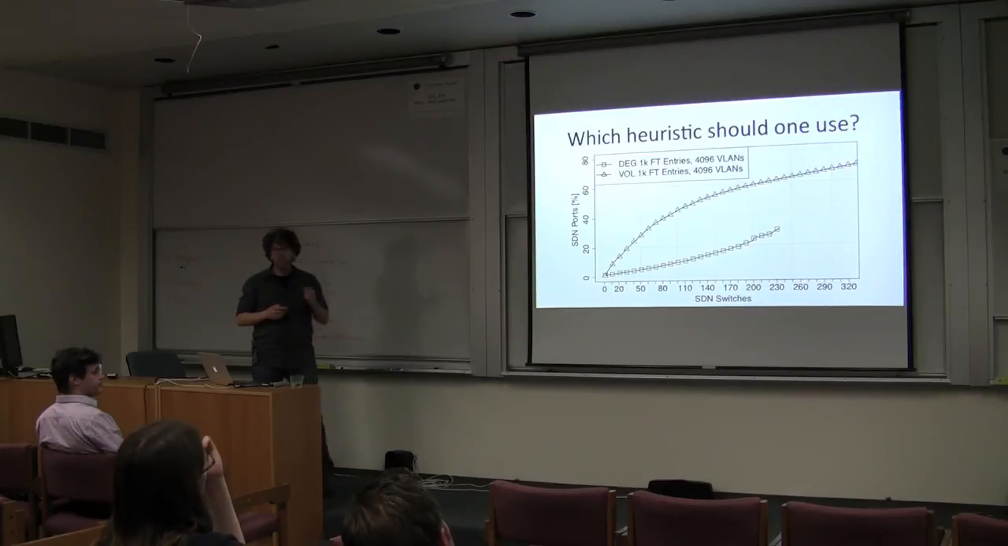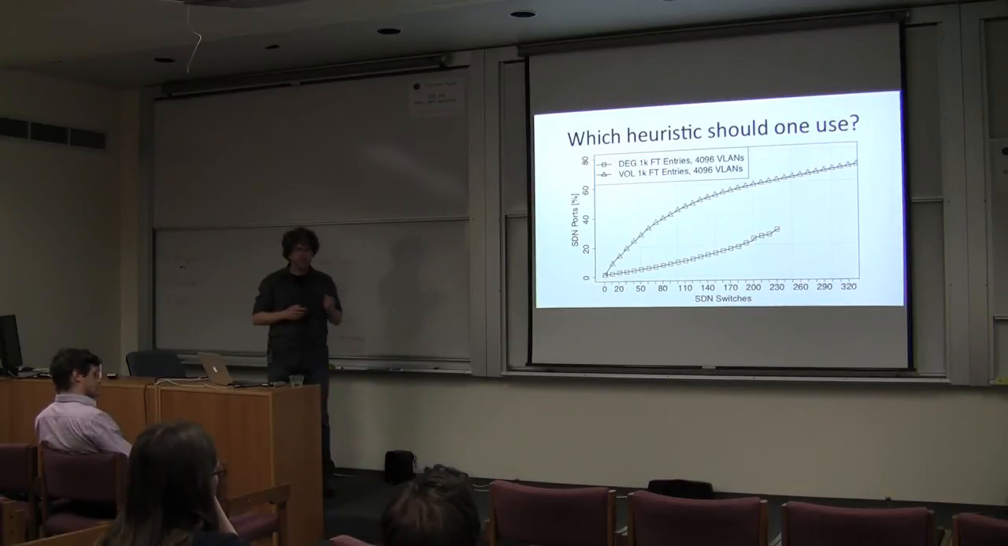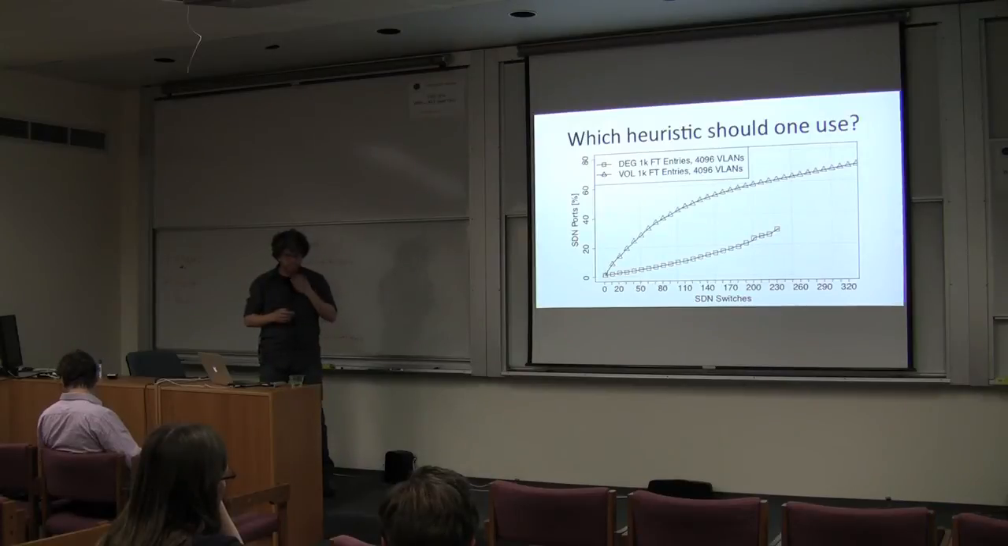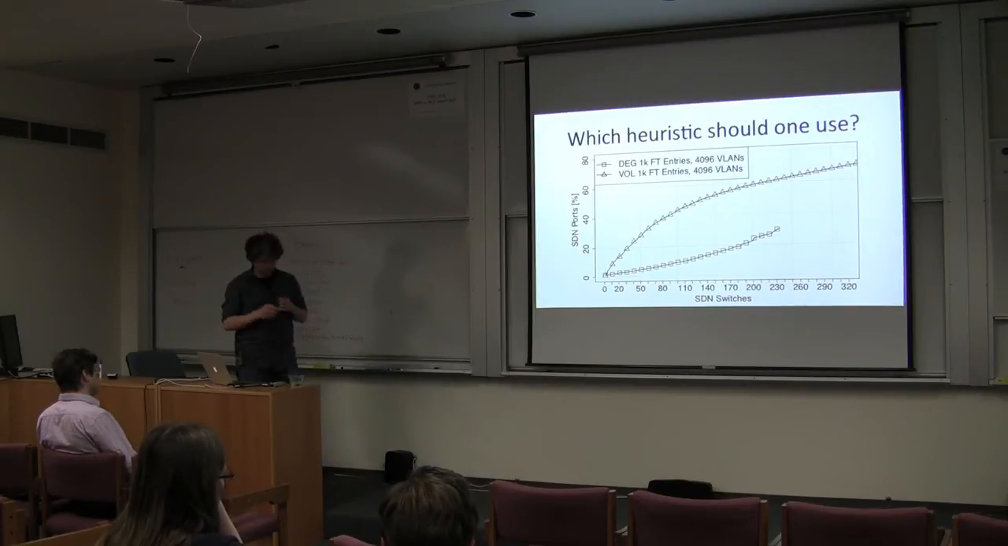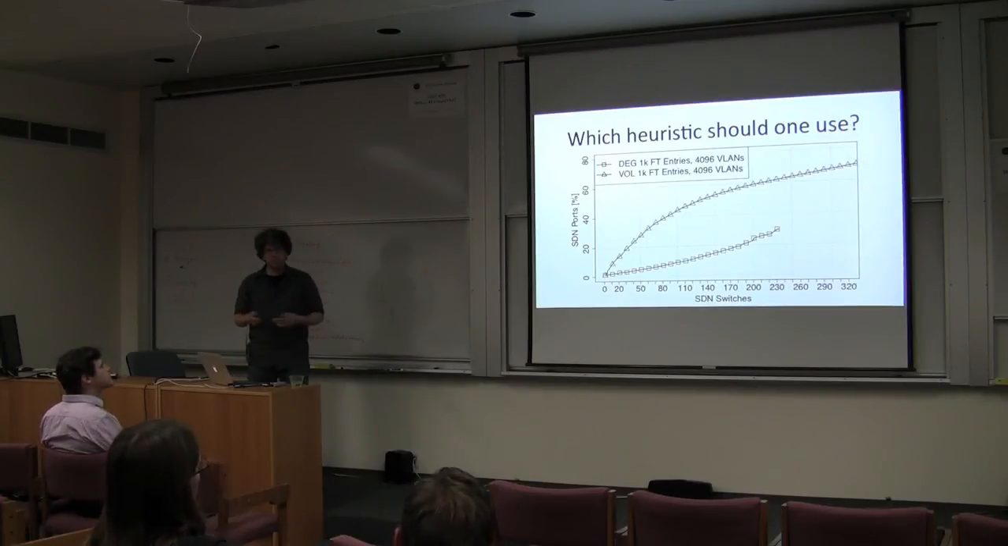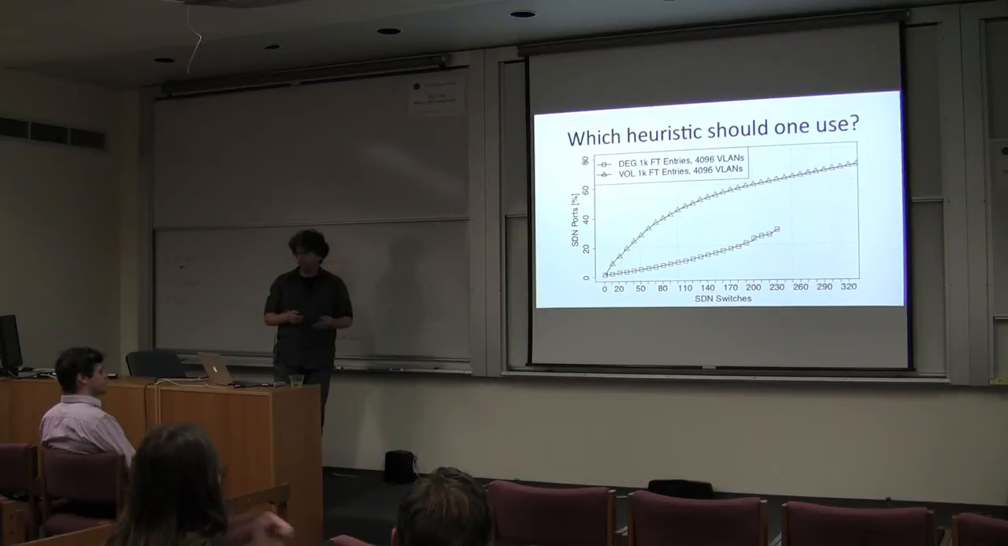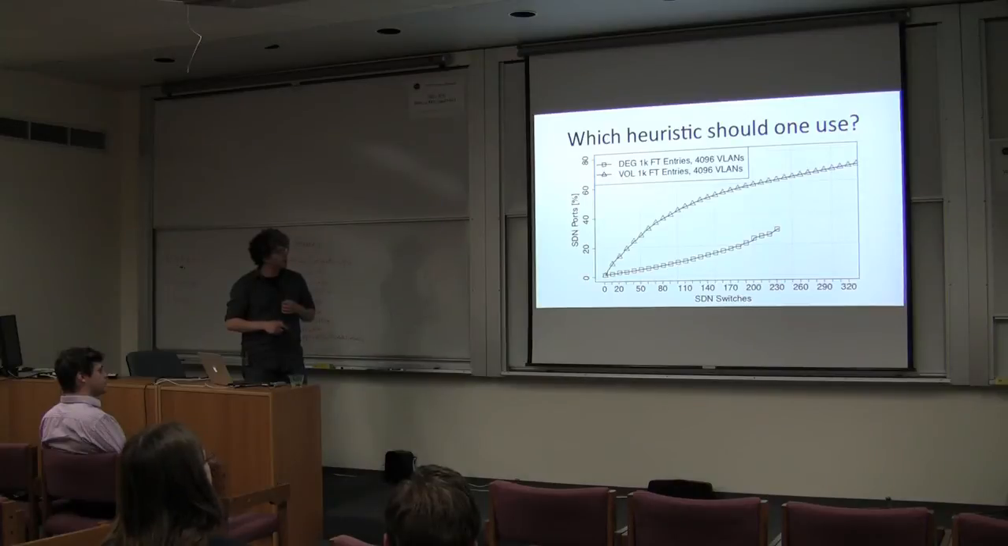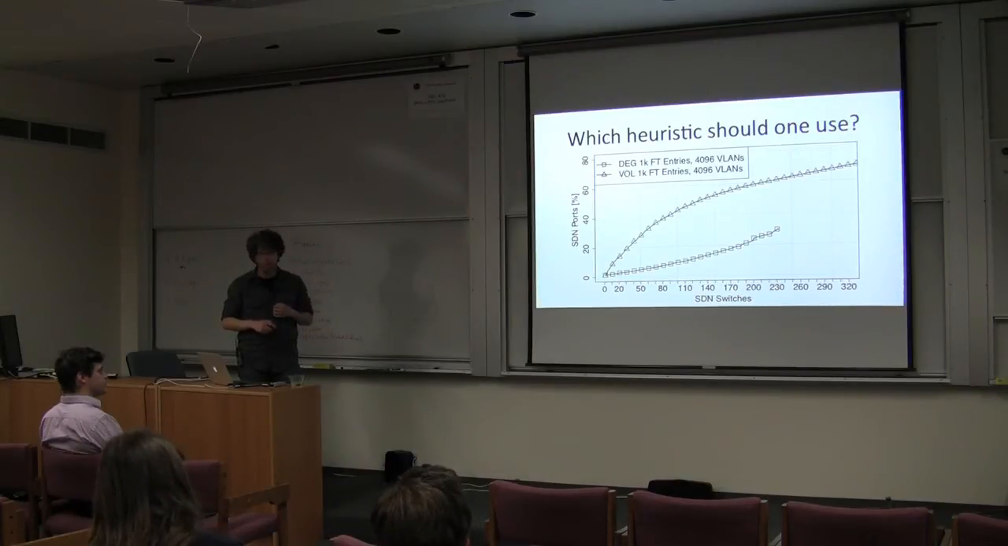So let's look at a particularly pessimistic case and compare how our algorithms do under the assumption of merely 1,000 flow table entries, keeping in mind that as time goes on, we expect there to be more support for more flow table capacity in SDN-capable devices. So we're looking at the flow table entries in isolation here. We've made sure that VLANs are not the critical factor in our scaling. And we see that basically the volume heuristic